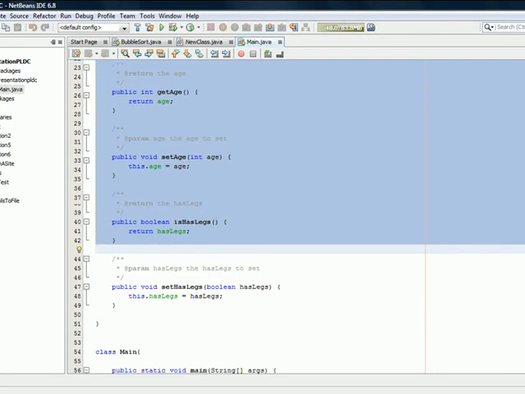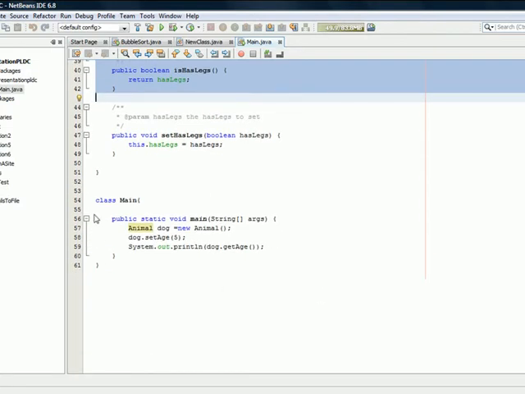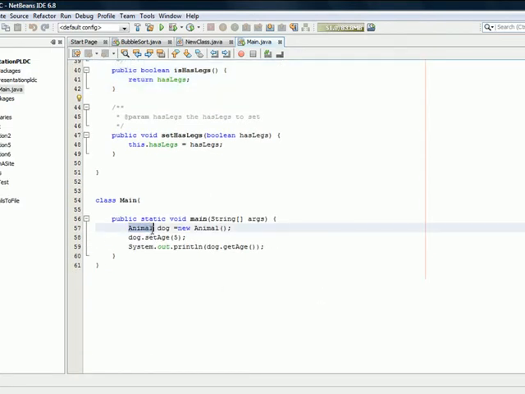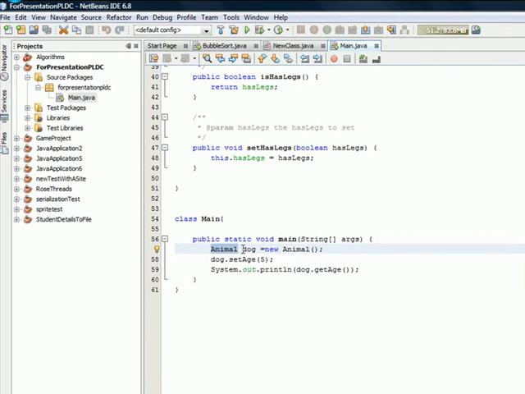If we want to create an object of that class, first we have to give the class name, the object reference variable, and the new keyword. This is the part where you create the new object.